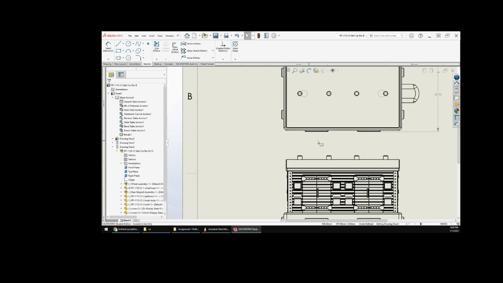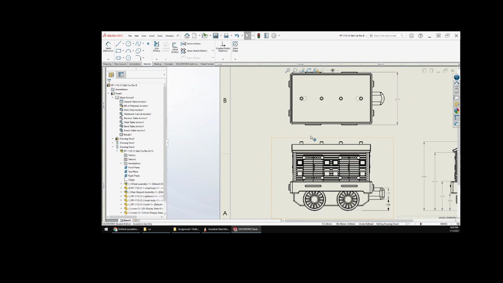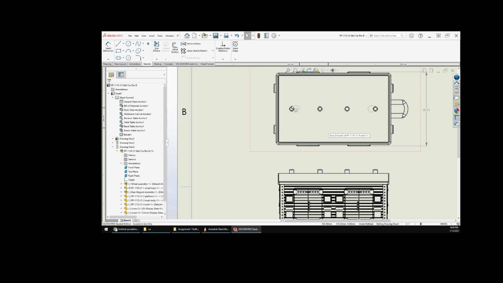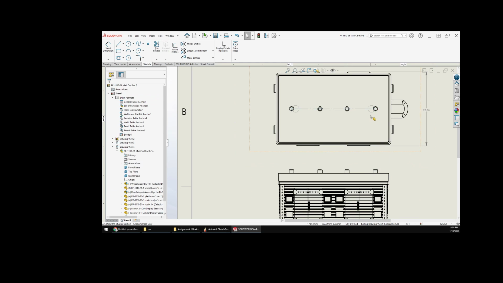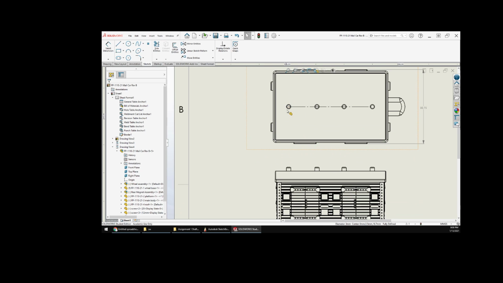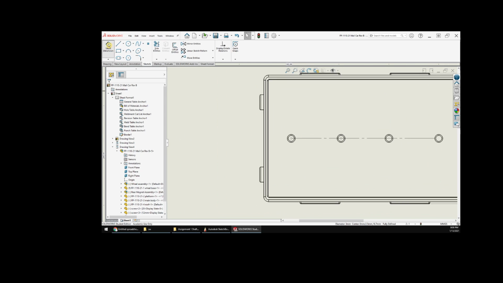So it really depends on what you want to do and what's going to work best for your dimensioning. For me personally, I would probably dump it all the way up here, because what I can then do is draw a center line through all of them. I don't know why that's there, so let's just hide that. It was a drawing that I missed. Then I can dimension these all on this one view versus trying to have some here. And what I mean by that is I can now come in,